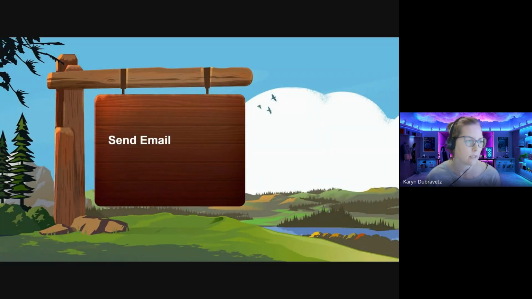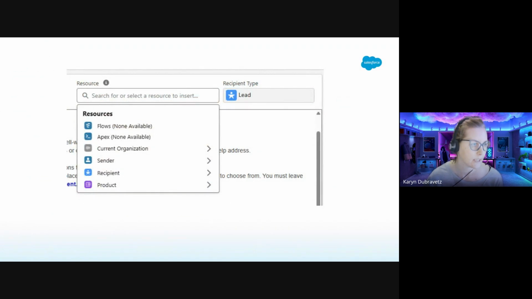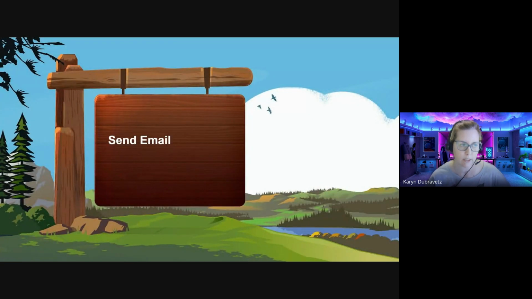Okay, let's see here. And then of course, we have selected the large language model, and we've probably gone through the preview process to make sure everything is exactly as we want. And then we've saved and activated our prompt template. And then the next step, we're going to go in and see what it looks like to send the email